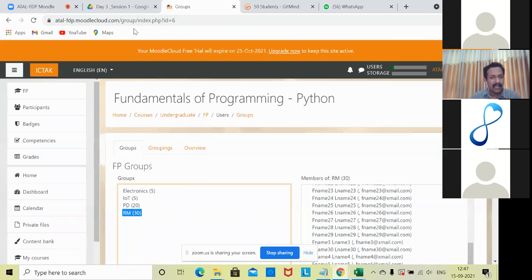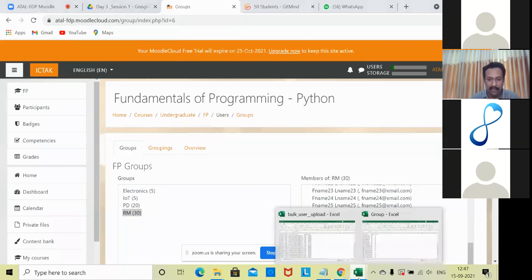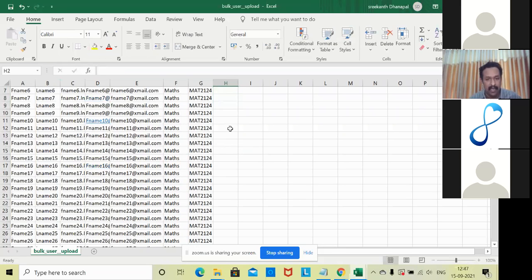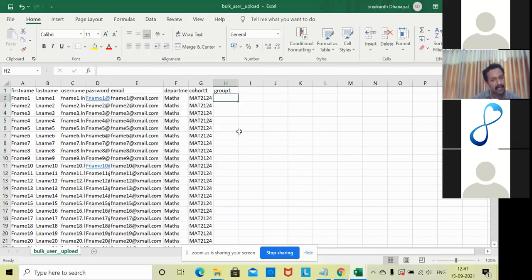Only one thing needs to be noted: we have to update the user. In case you are planning to add the group name over here, at the time of creation you can add a group 1 over here, and you can add the group names below based on the type of candidates, right? You can add the group name here. In that case, we may have to add directly. That is the important thing. If it is the second time, we may have to do it like that.